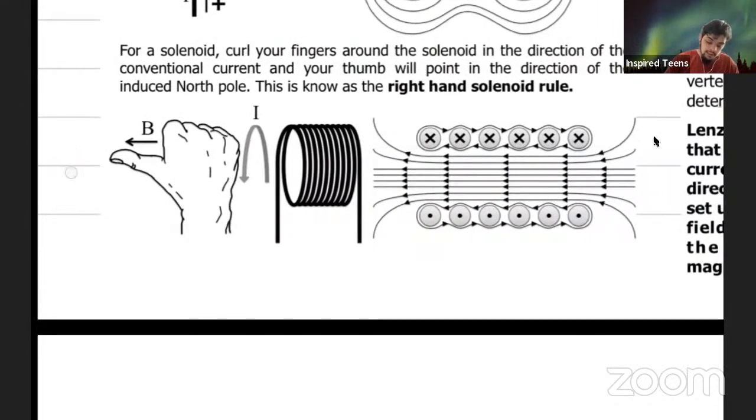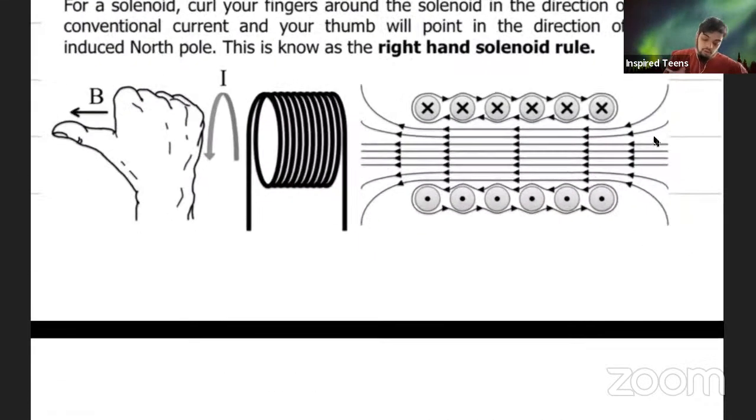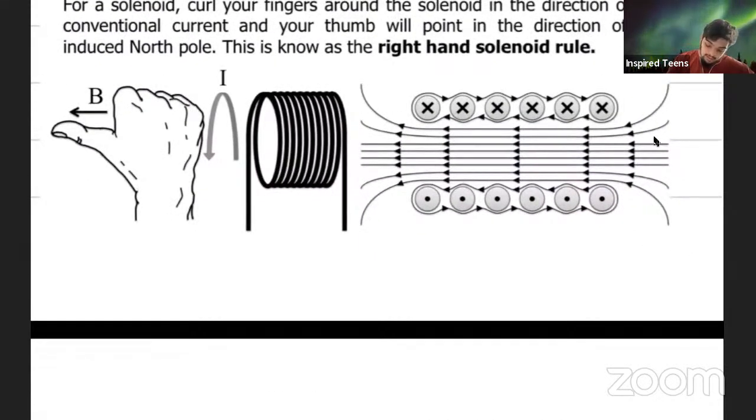So basically, when we have a current carrying conductor coiled up into a solenoid, that's exactly what we have now. We have a current carrying conductor coiled up into a solenoid. Now, in this case, I think the current is traveling in this direction. If there is current flowing through this solenoid, through these wires,